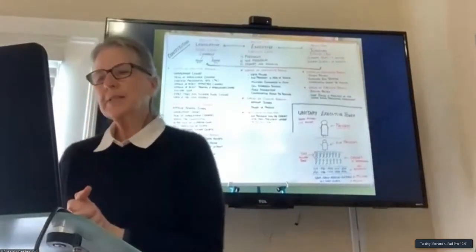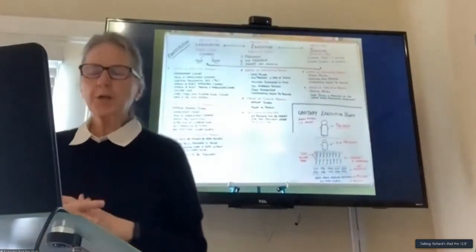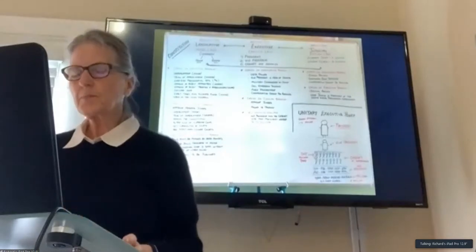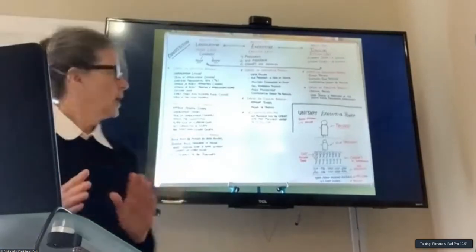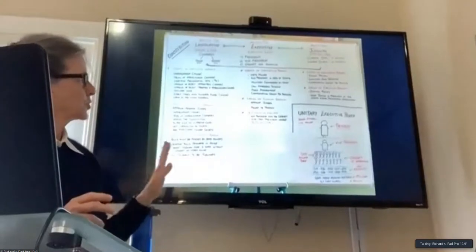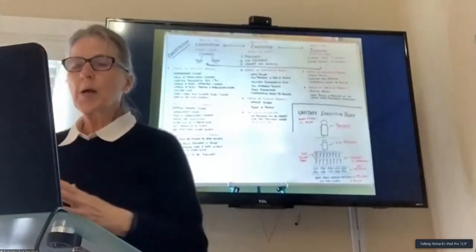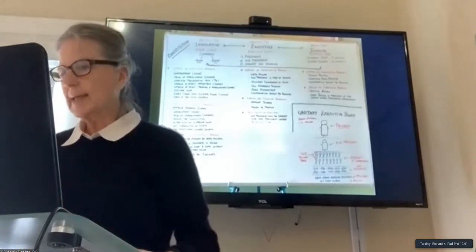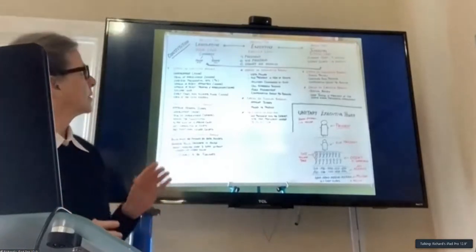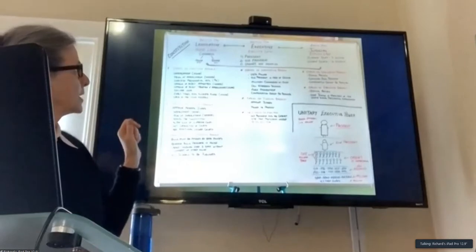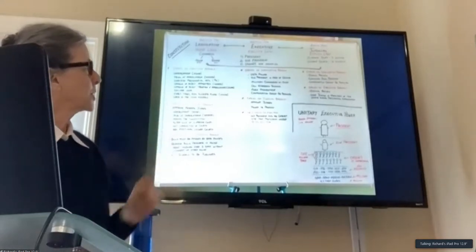Today's presentation is going to be a lot of history facts, and so I apologize for all the information. I'm going to try and not give too much detail, but I want to try and show how the government of the United States began and how the Constitution gives us the three branches of our government.